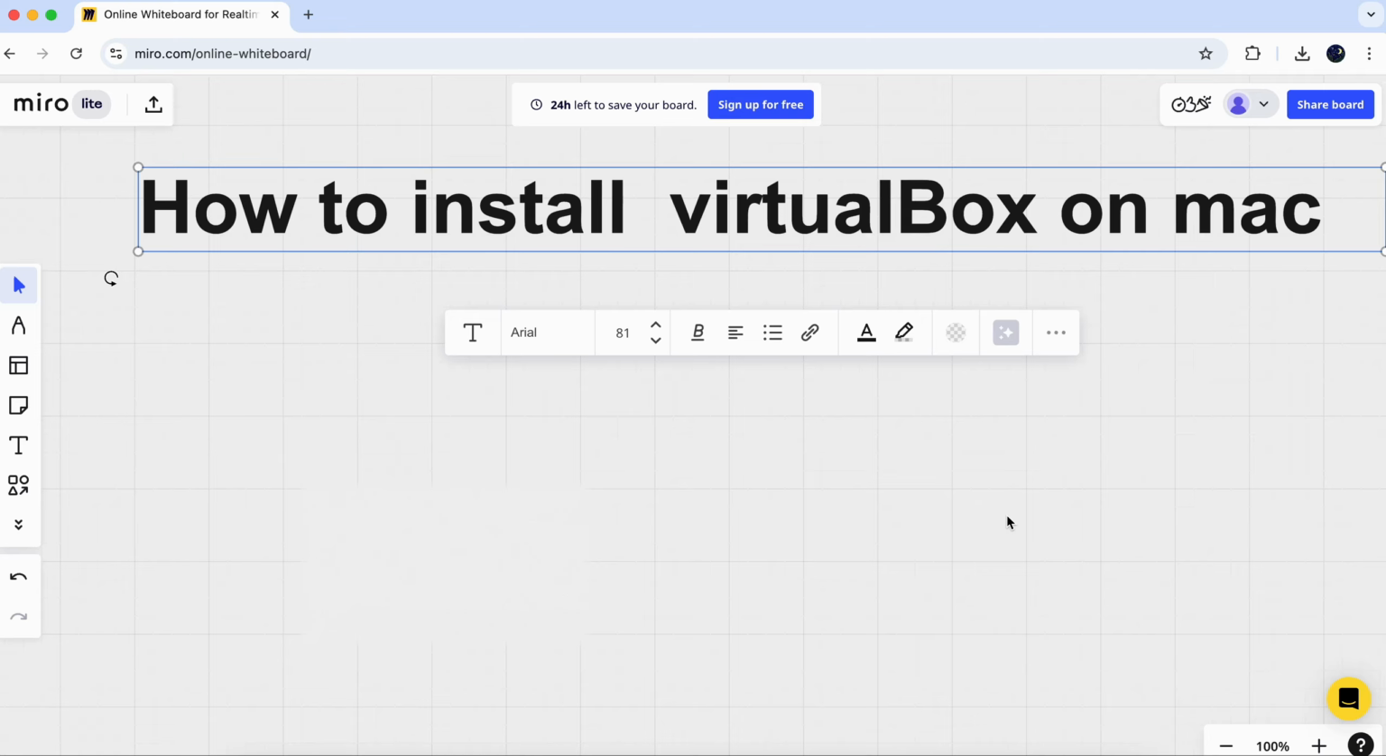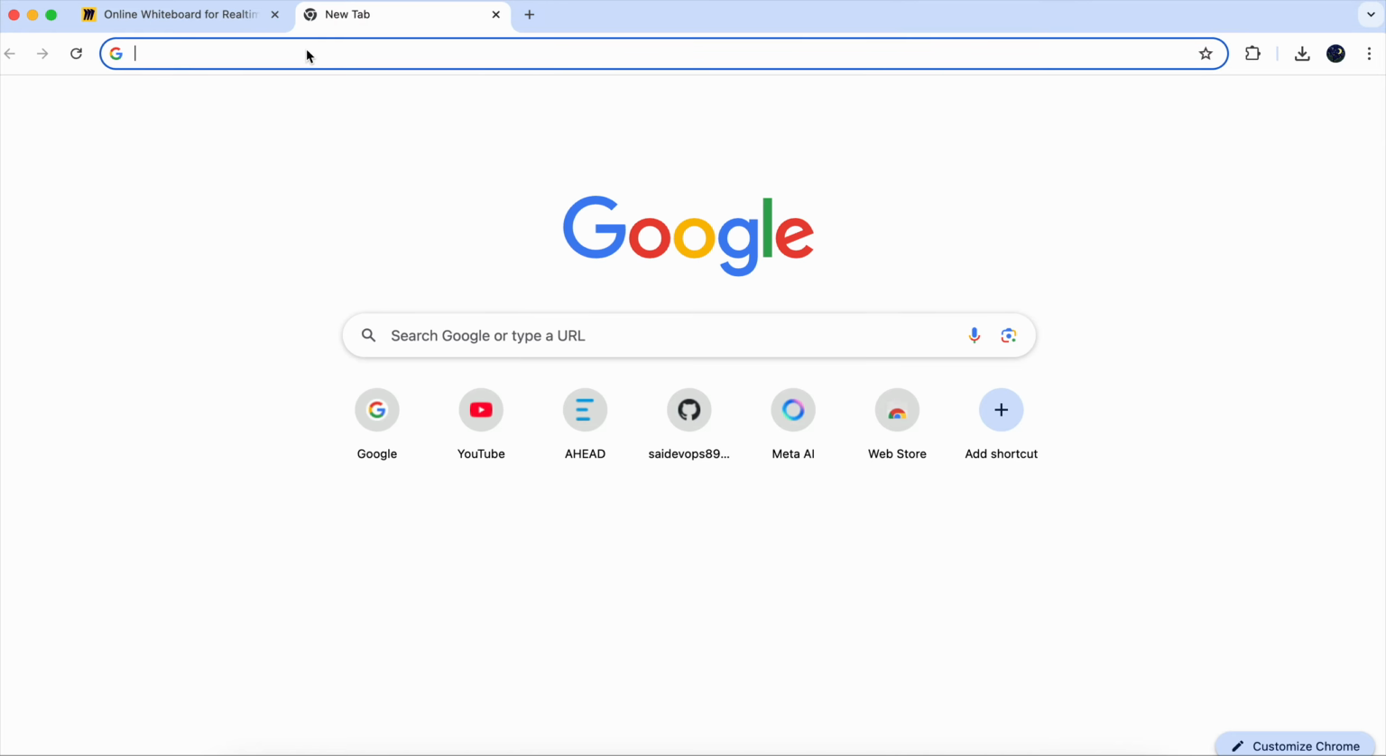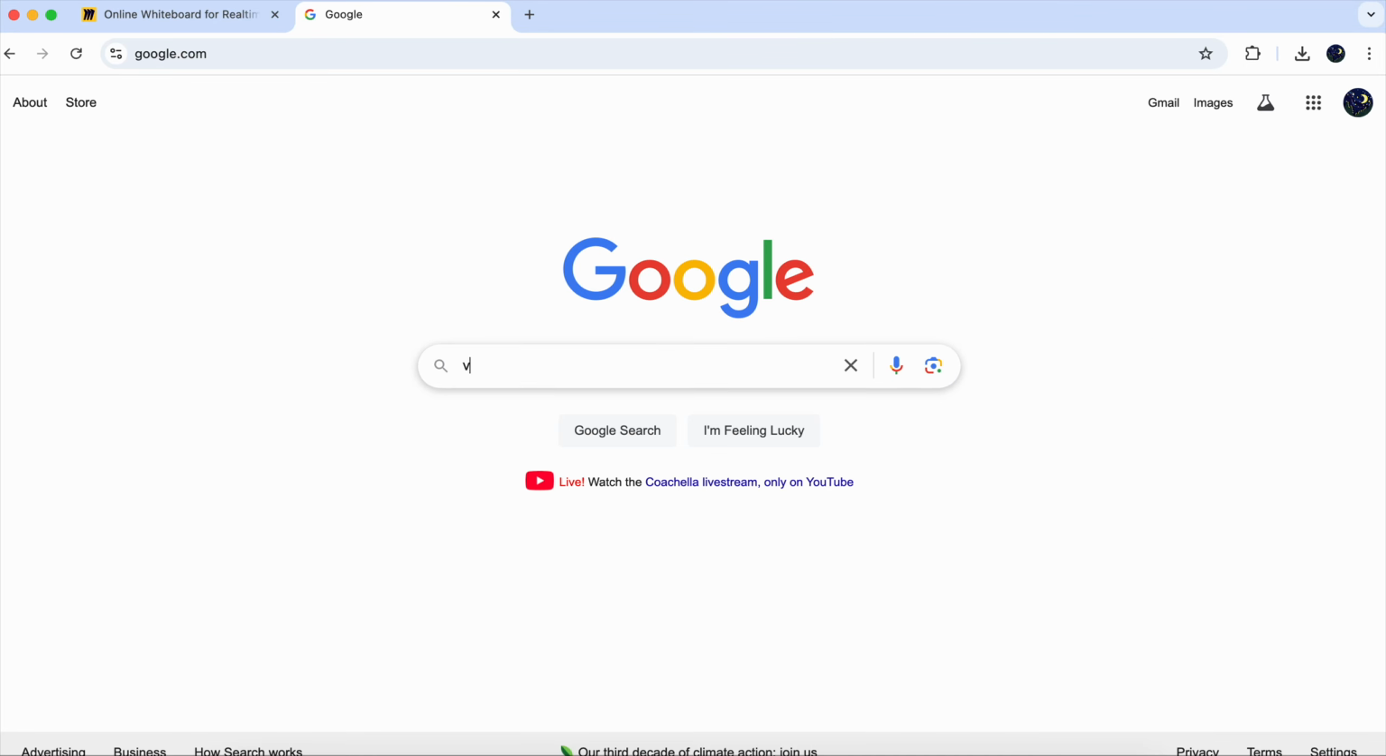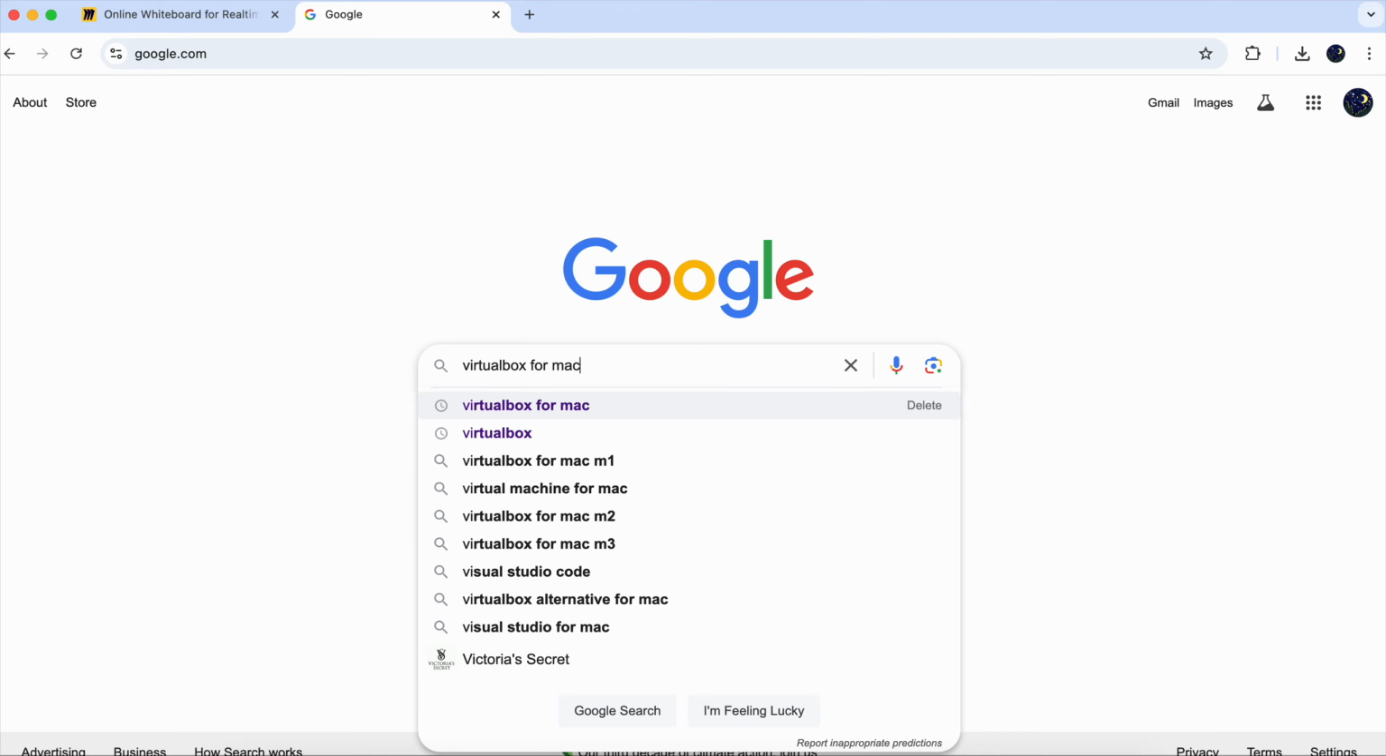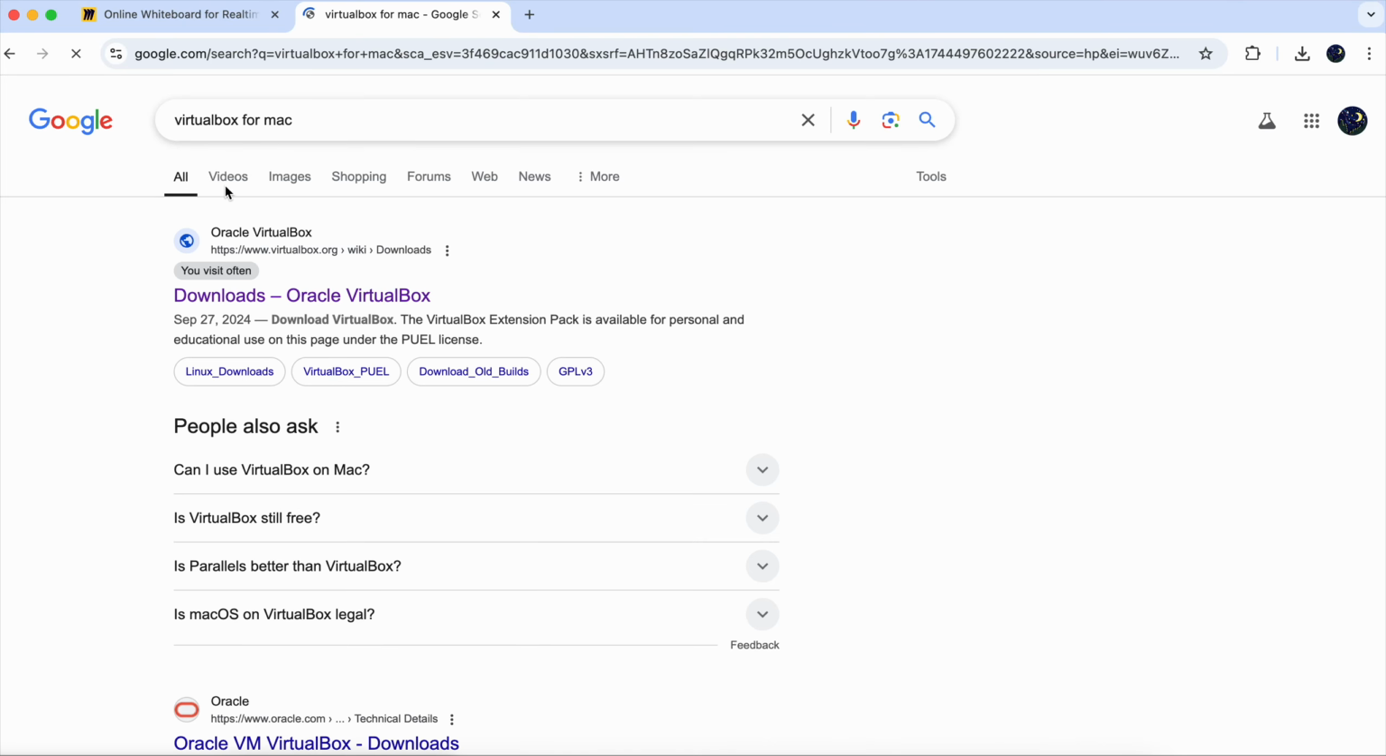See how to install VirtualBox on a Mac operating system. Guys, for this we need to download the VirtualBox software. You can go to Google and type VirtualBox for Mac. I'm using a Mac operating system here, so I have selected VirtualBox for Mac, and you can just click on